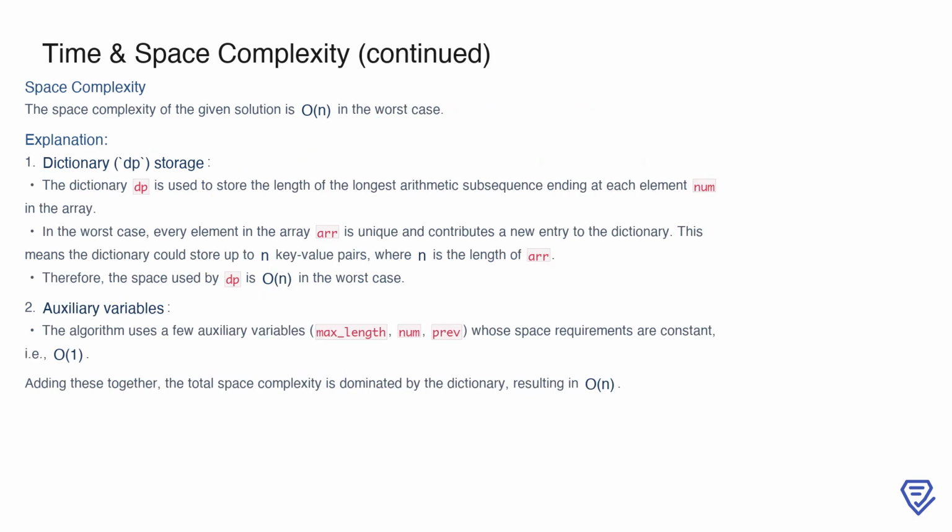The space complexity of this solution is O(n) in the worst case. This is primarily due to the dictionary DP, which stores the lengths of the longest arithmetic subsequences ending at each element in the array. In the worst-case scenario, where all elements of the array are unique, the dictionary will contain one entry for each element, resulting in n key-value pairs. Hence, the space used by the dictionary is O(n). Besides the dictionary, the algorithm uses a few auxiliary variables such as max_length, number, and previous, whose space requirements are constant, or O(1). When we add these together, the overall space complexity is dominated by the dictionary, leading to a total space complexity